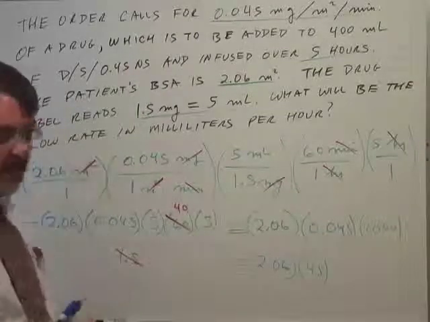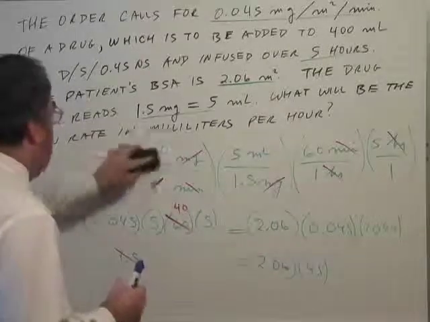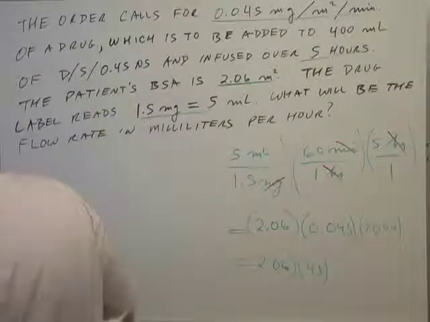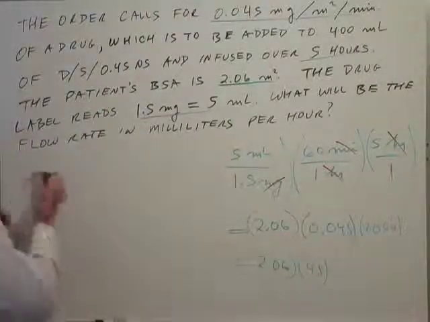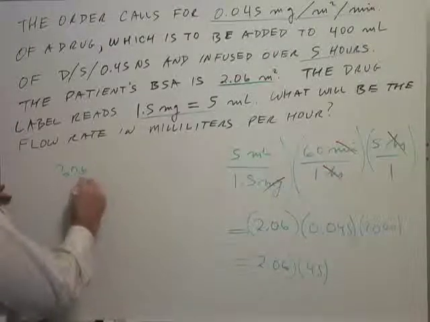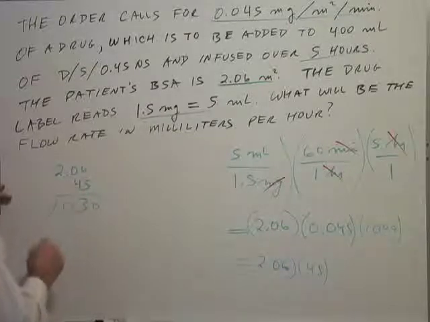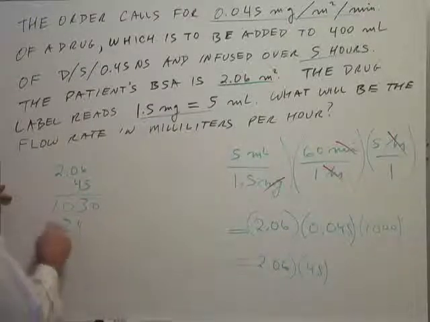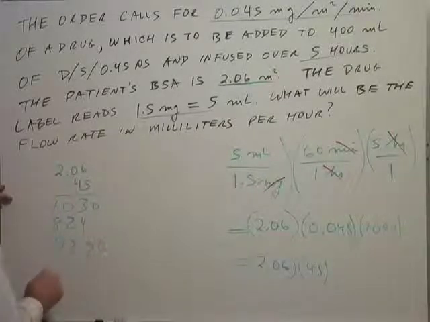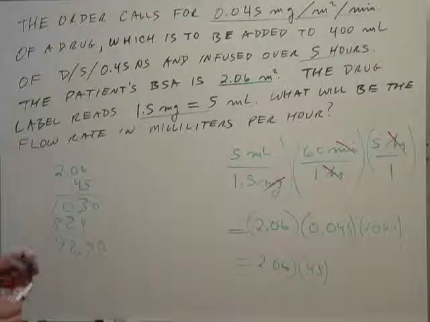I'm going to have to do a little erasing here to make room. 2.06 times 45. It's 1030 there, 824 there. 0, 7, 2, 9. I have 2 decimal places, so it's 92.70 or 92.7